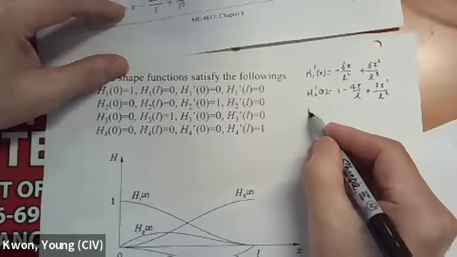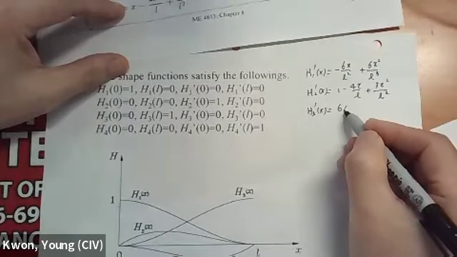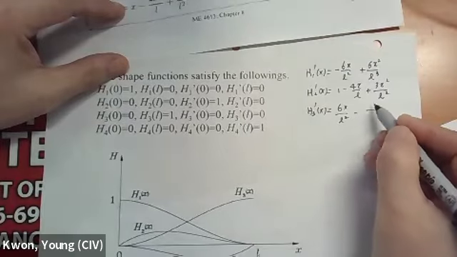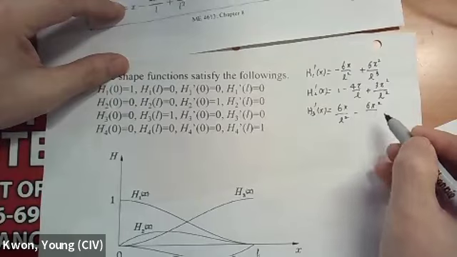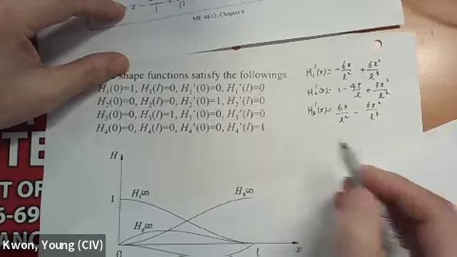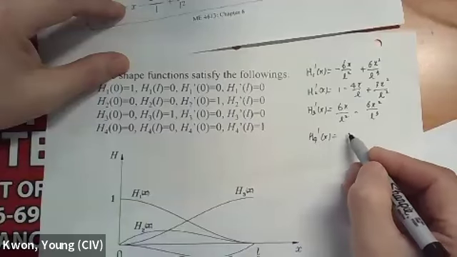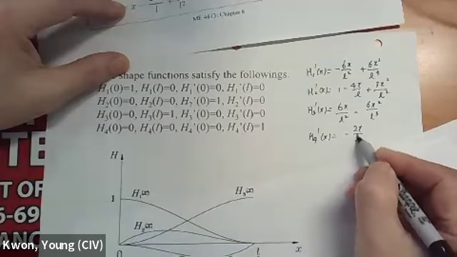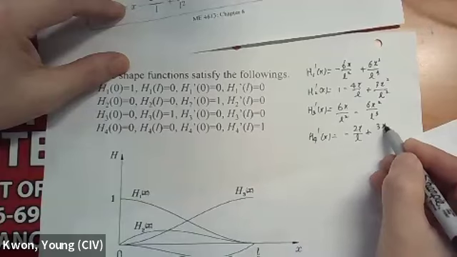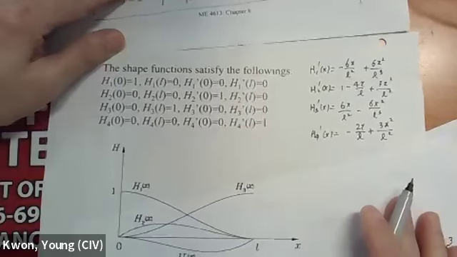And H3 comma x is 6x over L squared minus 6x squared over L cubed. And H4 comma x is now negative 2x over L plus 3x squared over L squared. Okay, so